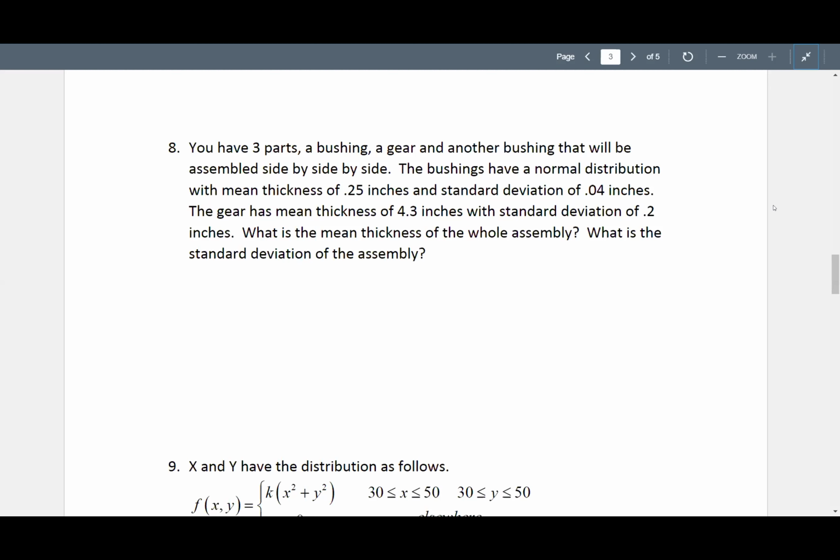And so you start sharing. Okay, so our standard deviation was 0.04, so 0.04 squared, plus 0.04 squared, because there's 2 of those guys,